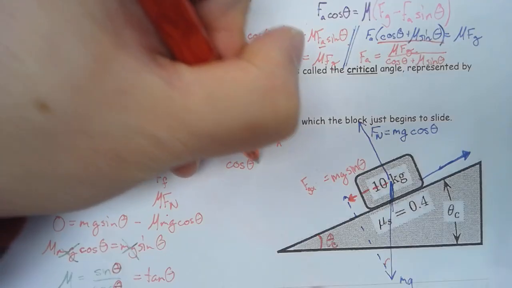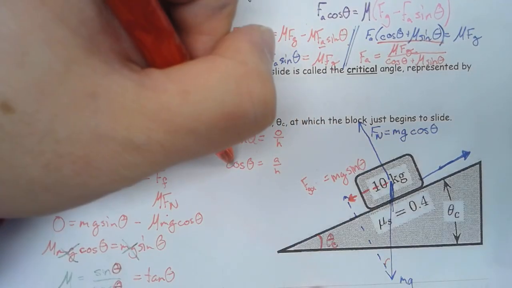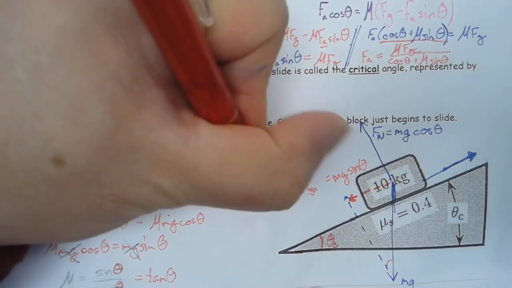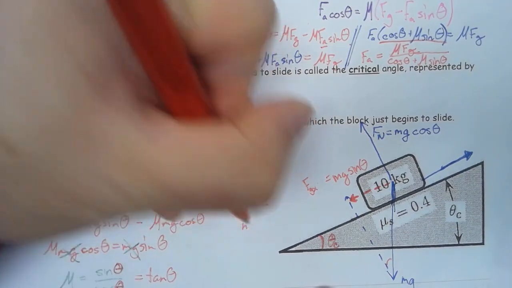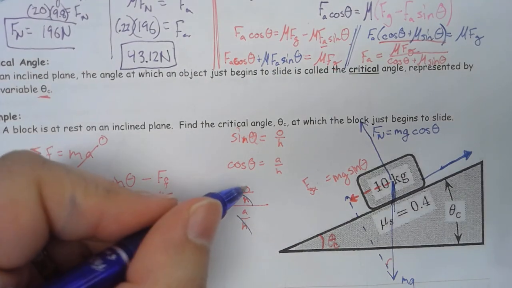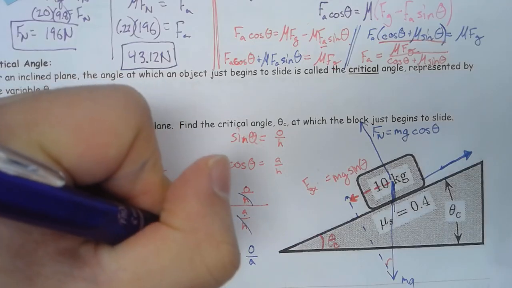Cosine theta is equal to adjacent over hypotenuse. We're going to take sine divided by cosine. So that's opposite over hypotenuse divided by adjacent over hypotenuse. And what cancels out? The h's. So it's opposite over adjacent. And we know that opposite over adjacent is also equal to